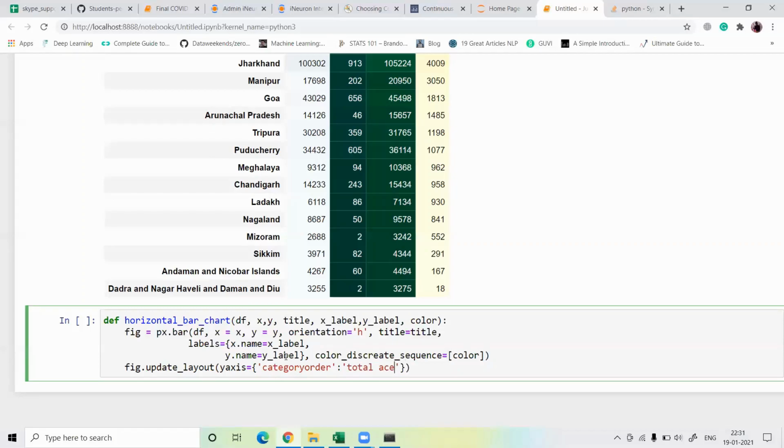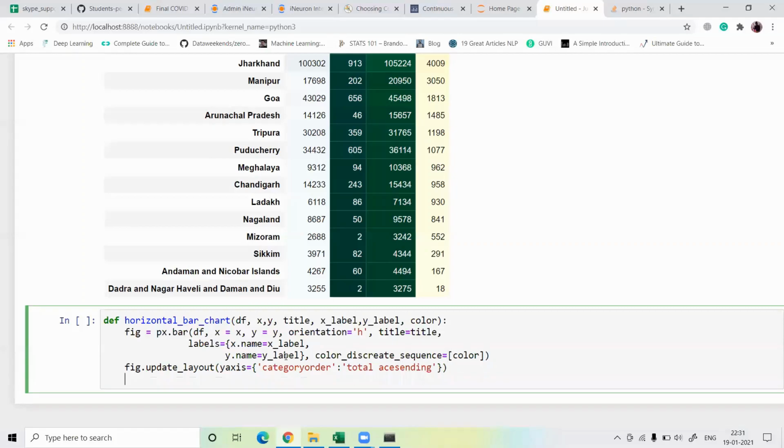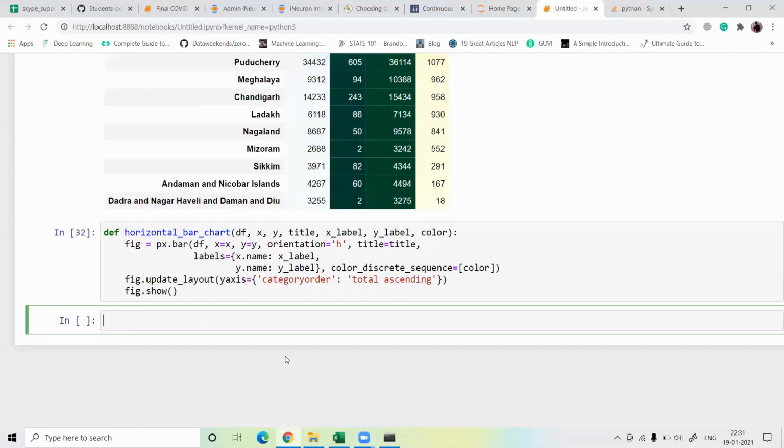Then call fig.show. Now let's run this cell.